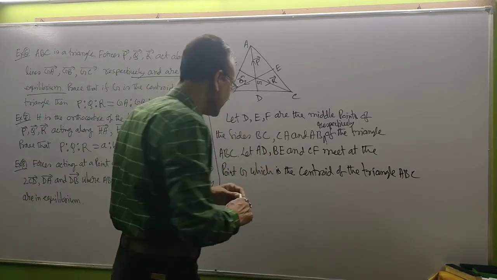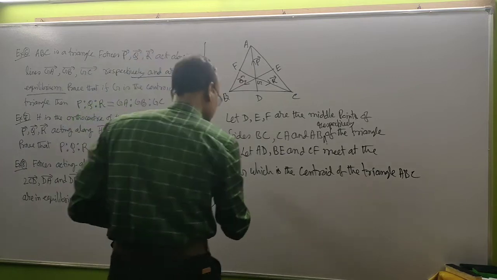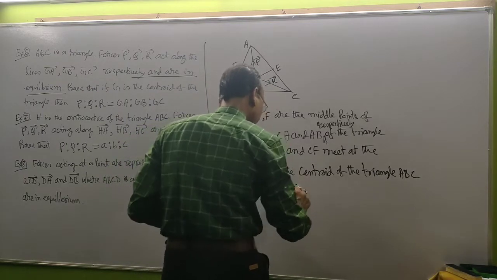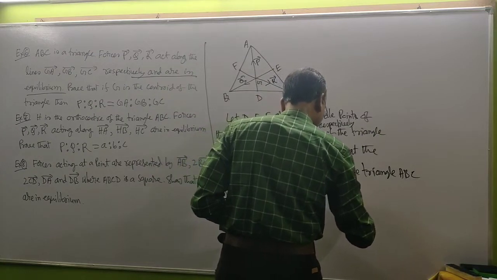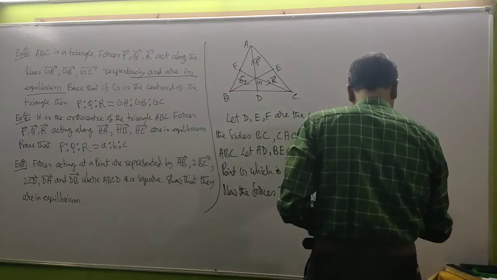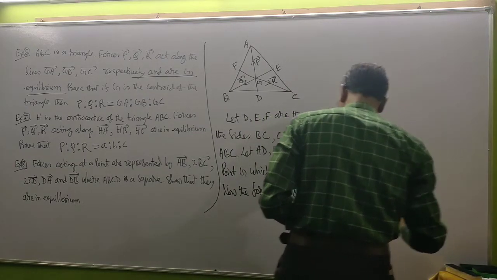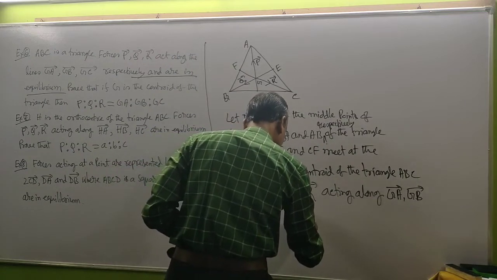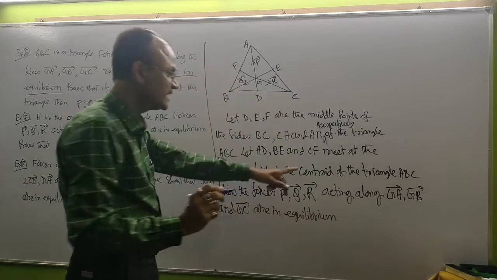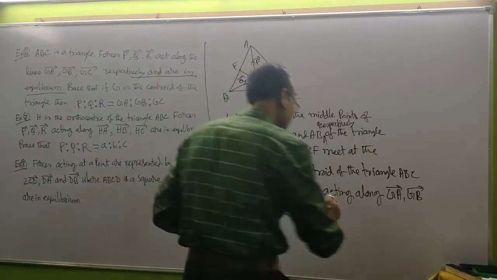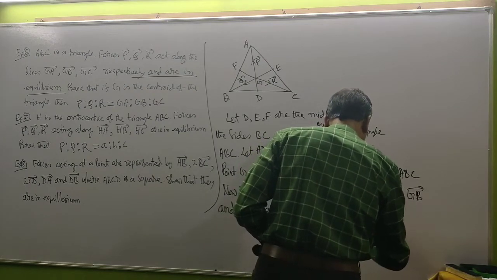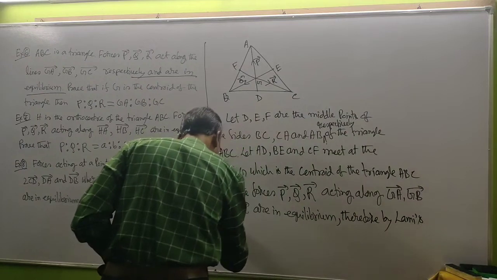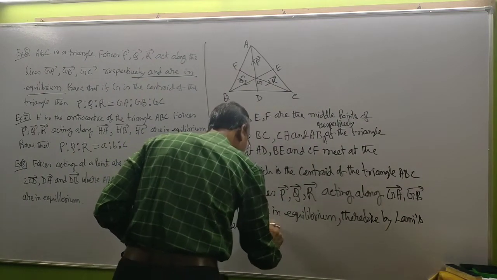Now, the forces P, Q, R acting along GA, GB and GC are in equilibrium. Therefore, by Lami's theorem we get,